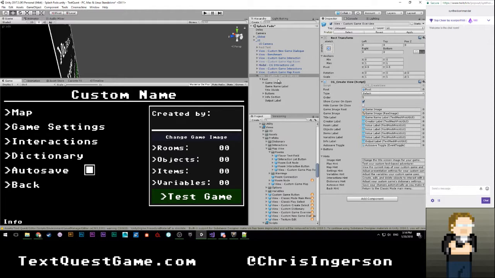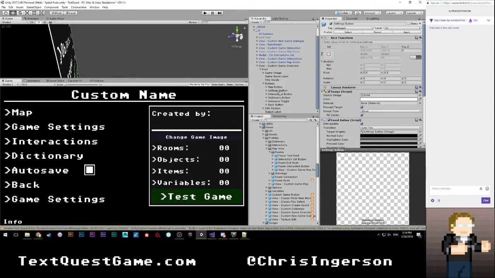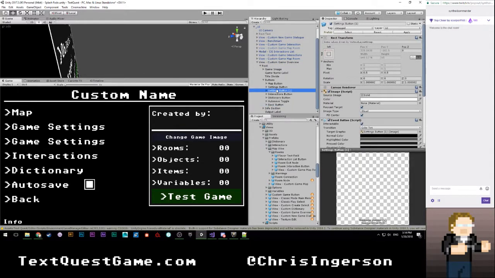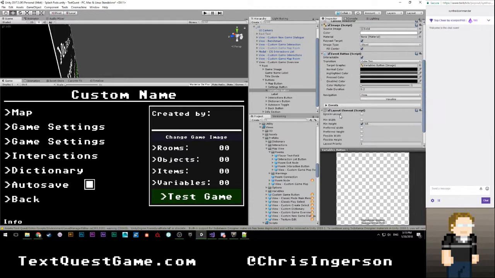Adjust the variables your custom game uses. Yeah, that'd be fine. Let's see, buttons. We're going to duplicate the settings button and move that up to here. And pretty much that puts everything on there. We're probably going to eventually get rid of this autosave as well because there's no real need for it anymore. Everything just automatically saves anyway. We're going to rename this to variables. Variables button.